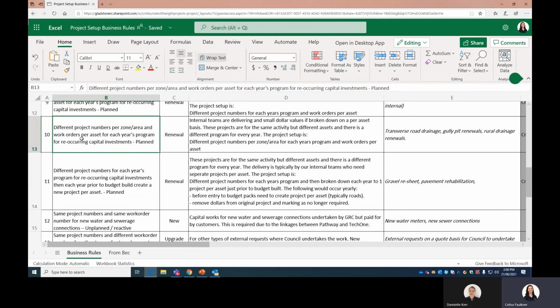Yeah, per year per zone. Is that what we're proposing? Is that what that's saying? Yeah, it's one project per zone per year, and then you have work orders against that for the specific assets. But what Chris is saying is that instead of having 3 projects per year, just to replicate the individual teams,